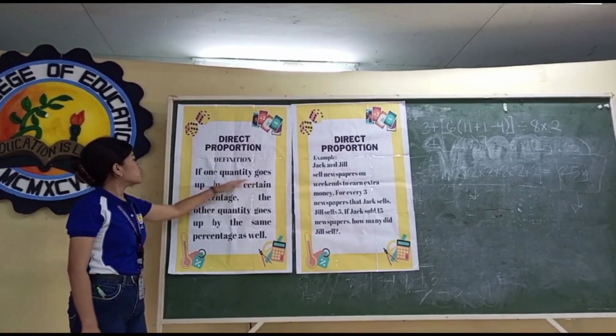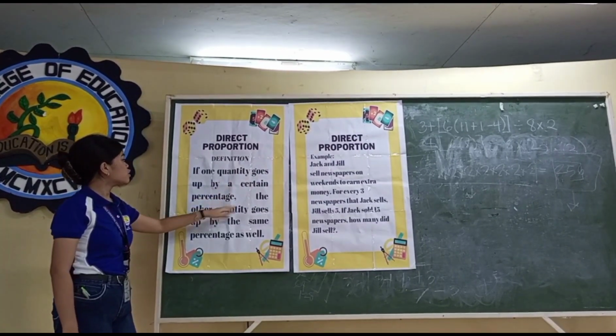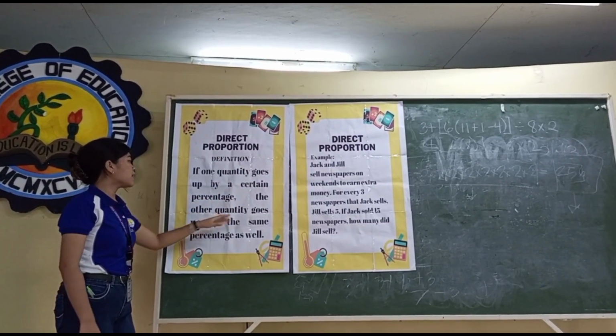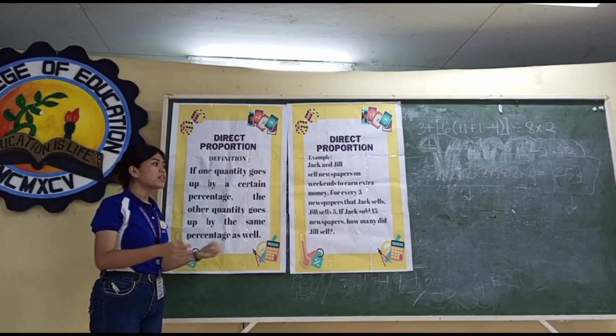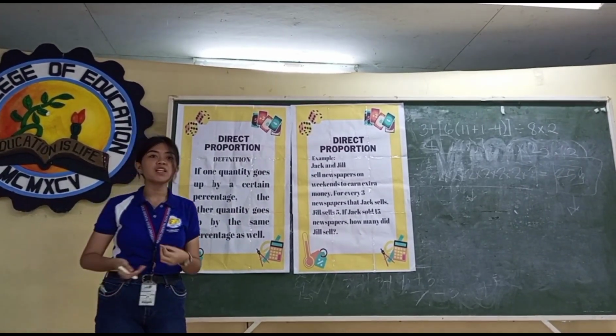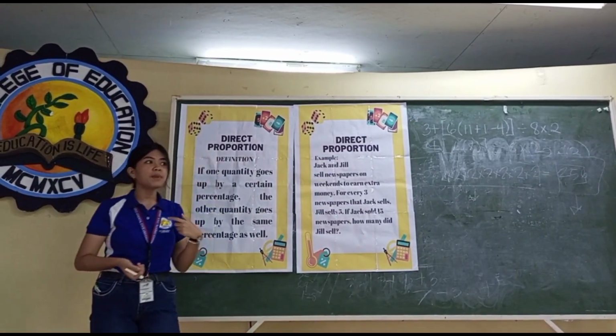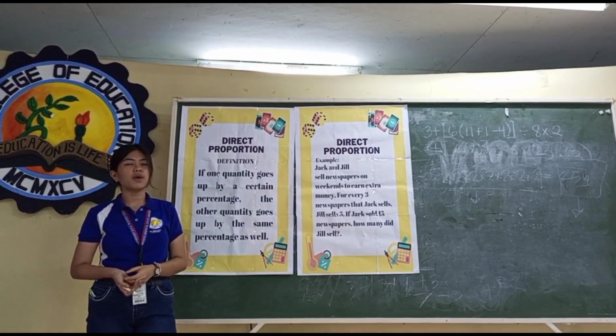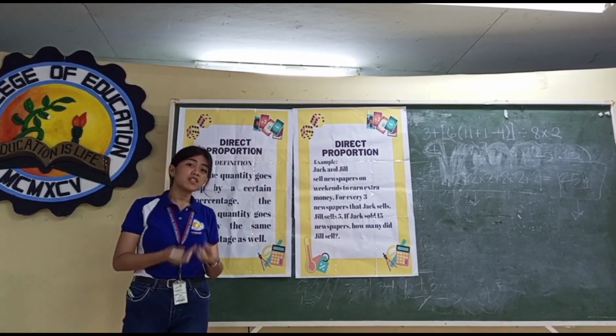If one quantity goes up by a certain percentage, the other quantity goes up by the same percentage. So what does this mean? Let's provide a real-life example. When you buy an apple, let's say the apple costs around 10 pesos. If you buy 2 apples,